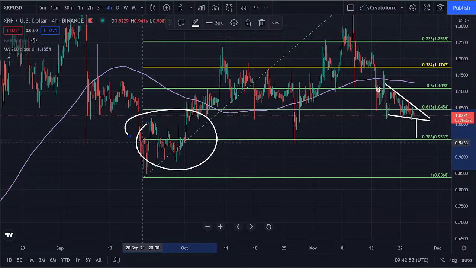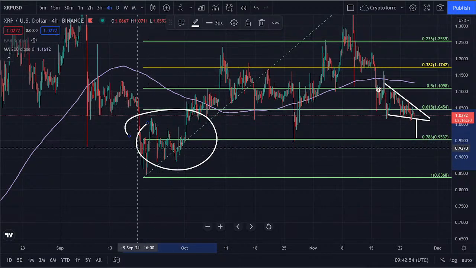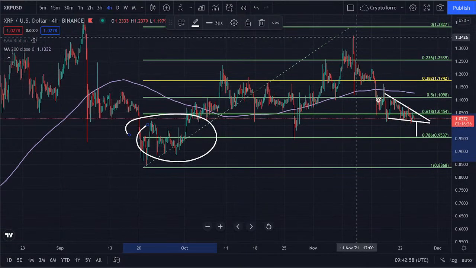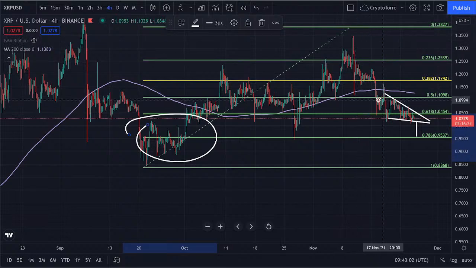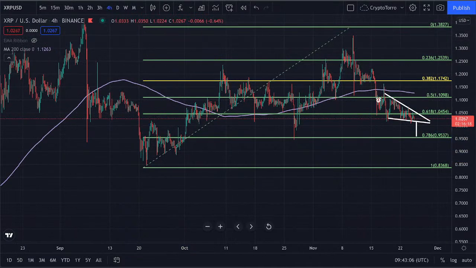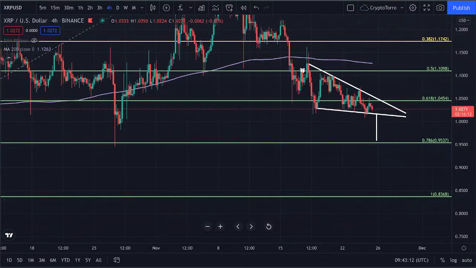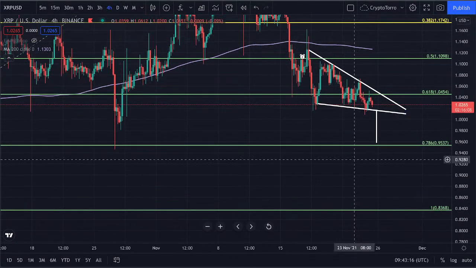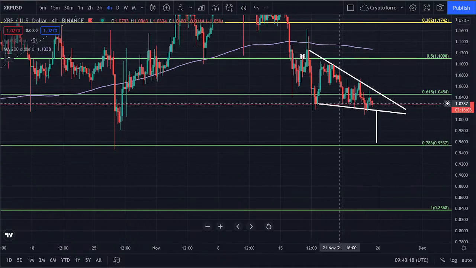Actually, in September we were all the way at 95 cents. We saw this major uptrend. Afterwards we were heading all the way towards $1.34, and afterwards we saw this steep decline. And right now, if we do see a breakdown occur, we will be heading once more towards that 95-cent range, and that is something I'm not very pumped about. So far I must say that this is actually not looking marvelous, but it is something you would like to